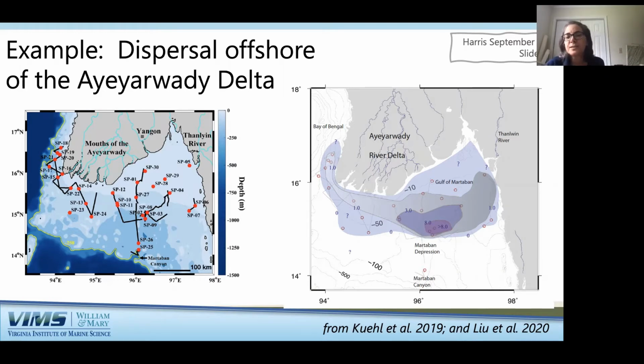And based on that field data, they came up with this image. This is showing the lead to tin estimated accumulation rates. And you're seeing that there's a major depocenter here, which they've identified as a clinoform feature. And then the deposition tails off as we move away from that, and there wasn't really much accumulation in this Gulf of Martaban. But the sediment cores showed that there was a lot of mixing in that area.